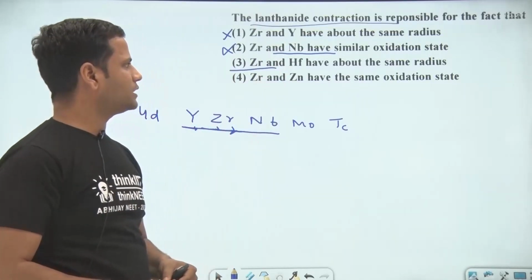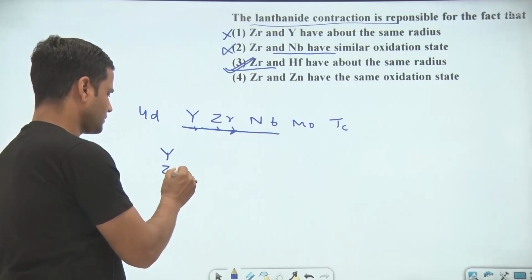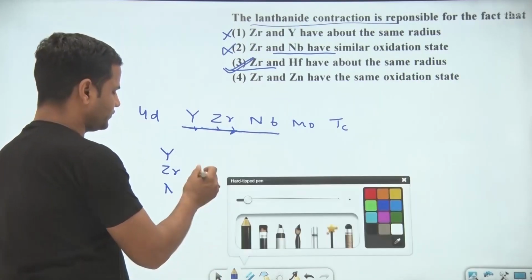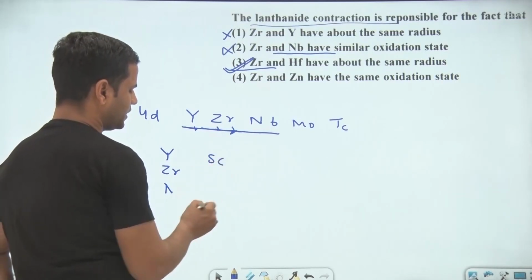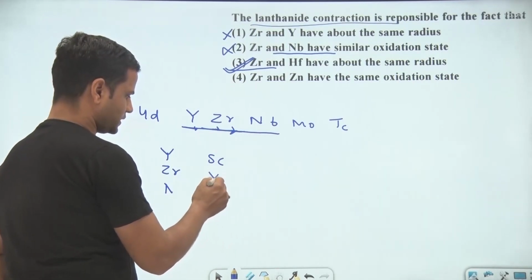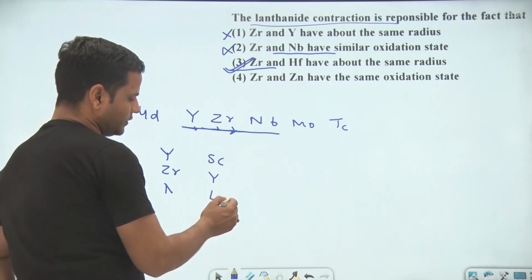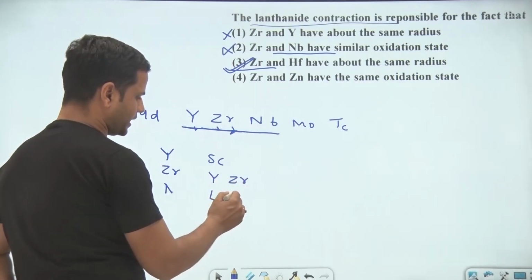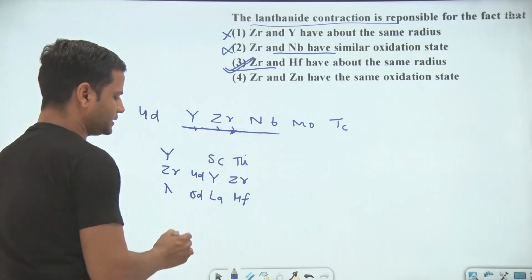zirconium and hafnium have about the same radius. It will be the correct option, because in the 4d and 5d periods, as we know, the elements are in the 4th and 5th period. The 4d series starts from yttrium, and the 5d series starts from lanthanum. After lanthanum there will be hafnium, and zirconium is in the 4d series. So if we consider this 4d and this 5d elements,